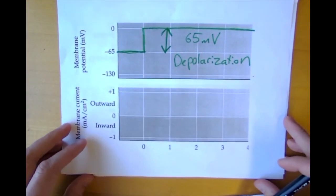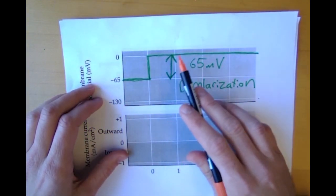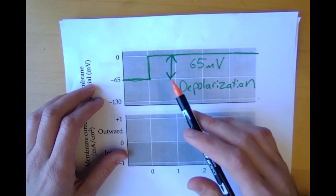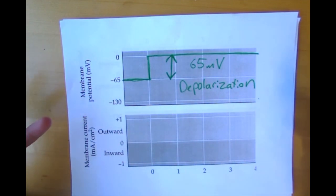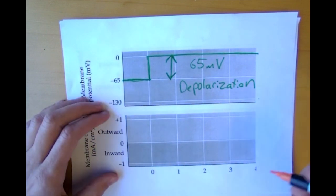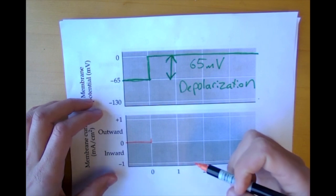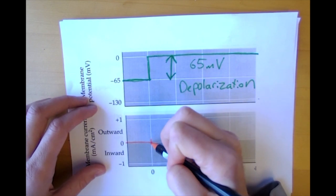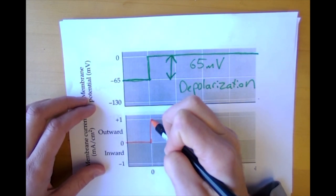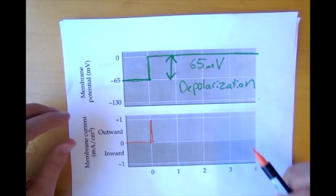So let's take the opposite. Let's take a look and see what happens when we depolarize. So we're going from -65 to 0, which requires the command control to pump in +65 millivolts worth of charge, right? And this is a depolarization. So as you might expect, when we push that button, it's like, all right, got to make you 0. Let's pump in some positive charge equal to the resting membrane potential. So you get a nice little spike here in charge that's equal to what you need to bring -65